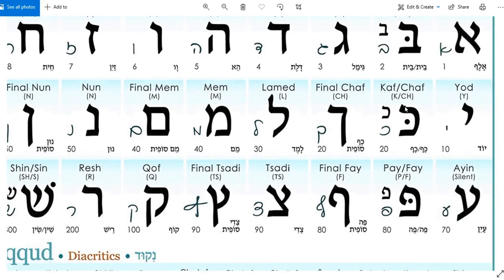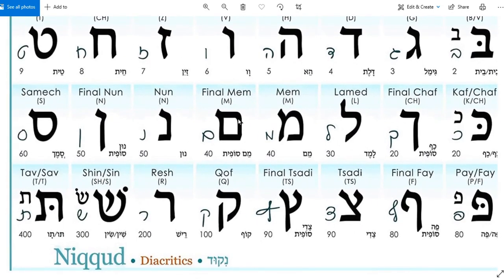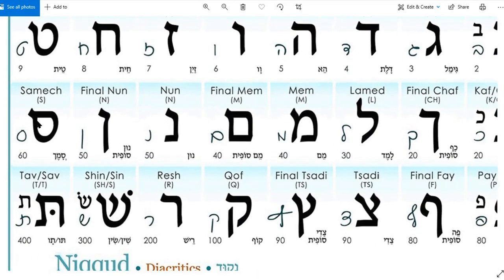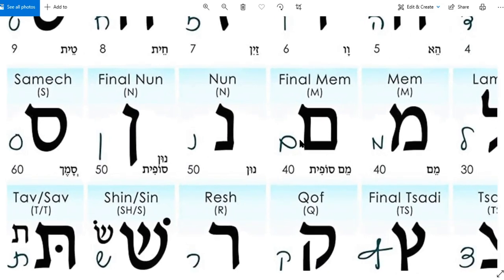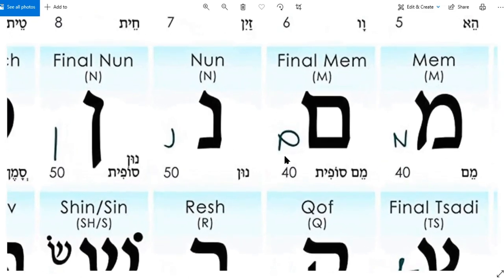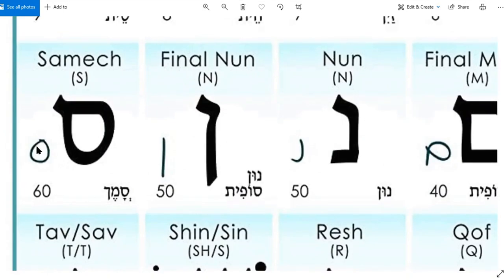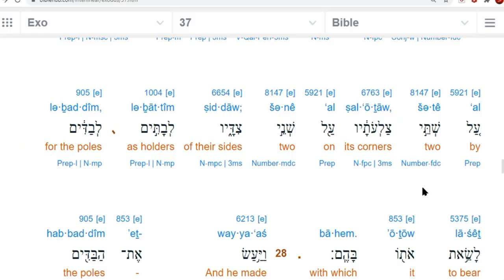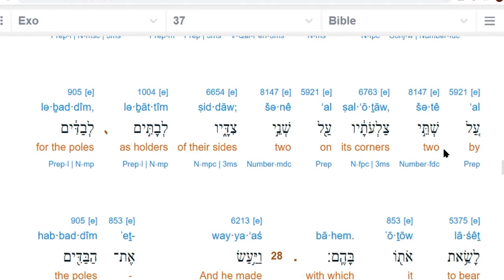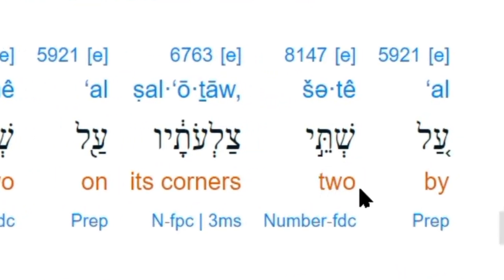Same as the cough. They just drop the tail down to make a final letter. But this looks a lot more like an S with the tail dropped than it does an M. And even in the cursive, this is the M, this is the final M. It looks much more like the S. So before y'all get to thinking I'm too crazy, I want you to know there's two base words for two